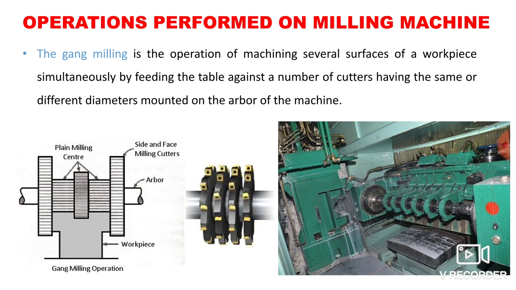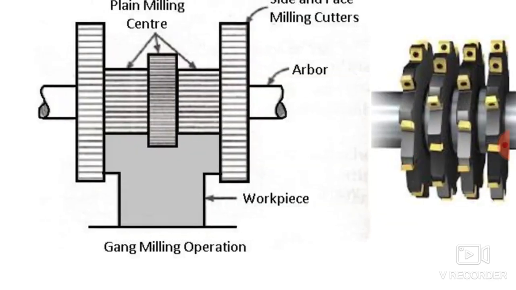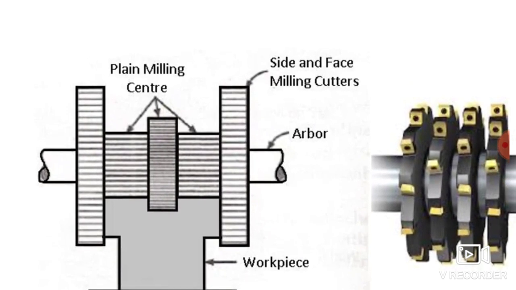So this is a very important and very interesting operation over the milling machine. Here you can see the gang milling operation. This is nothing but a schematic for the gang milling operation. Now this is the arbor, and on this arbor different milling cutters are mounted, like plane milling cutter, side and